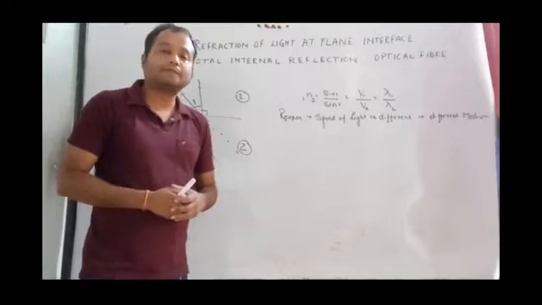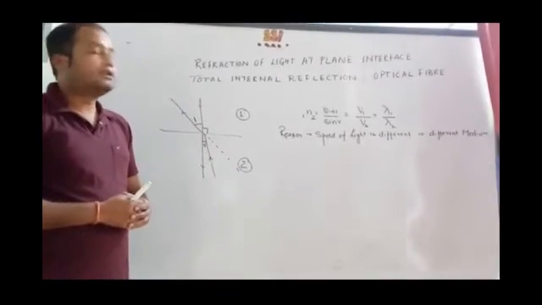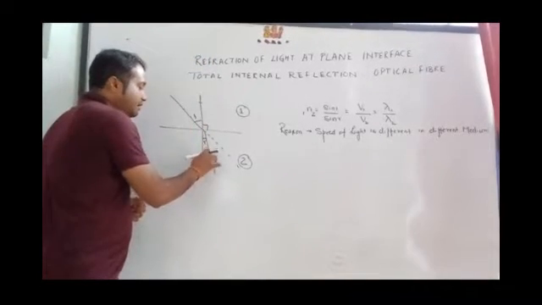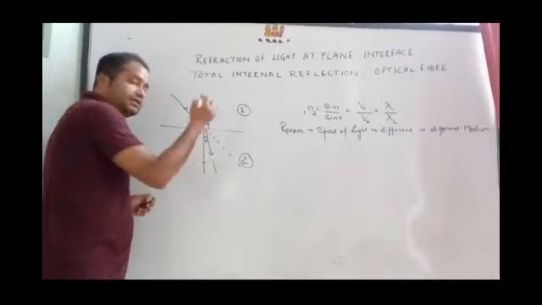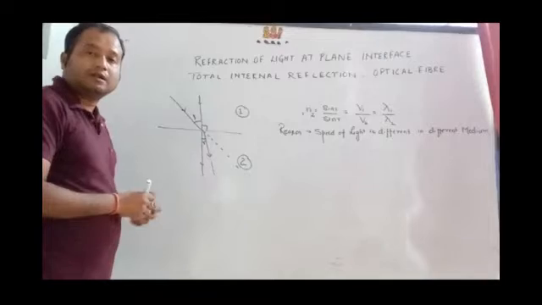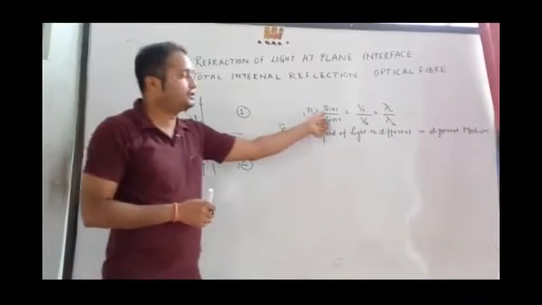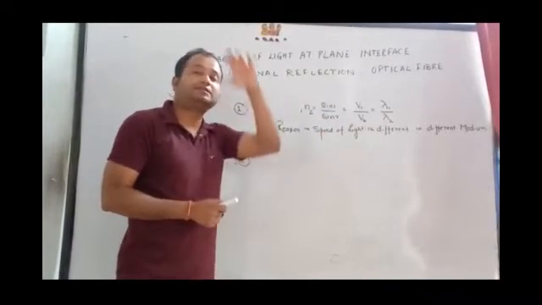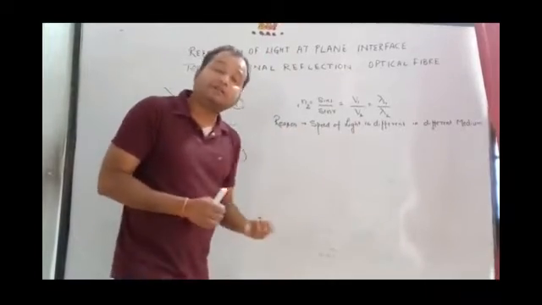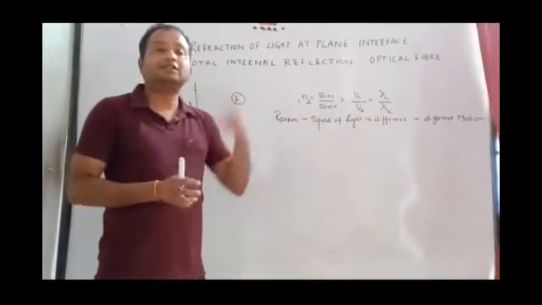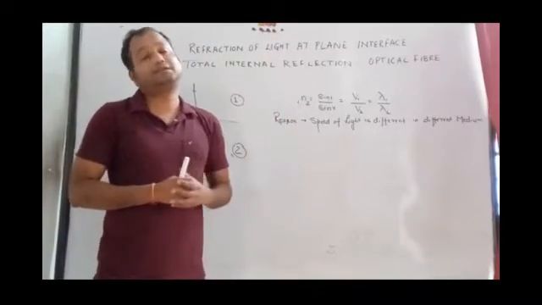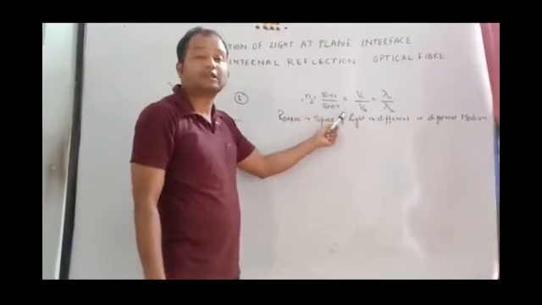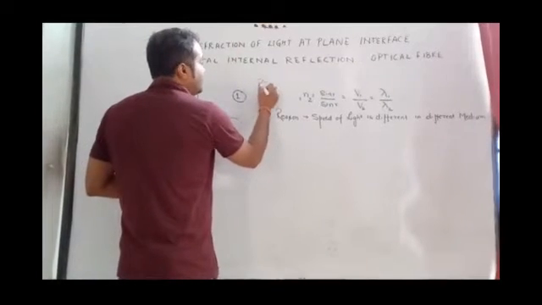Let's come to Snell's law. According to the second law of refraction, when a ray of light moves from an optically rarer to an optically denser medium, let's say, it bends towards the normal, then the ratio of sine of angle of incidence to sine of angle of refraction is always a constant, provided external parameters remain constant. When we say external parameters, I mean the temperature and the pressure of the environment remain the same. If external parameters are the same, then the ratio of sine of angle of incidence to sine of angle of refraction is a constant, and this constant is called refractive